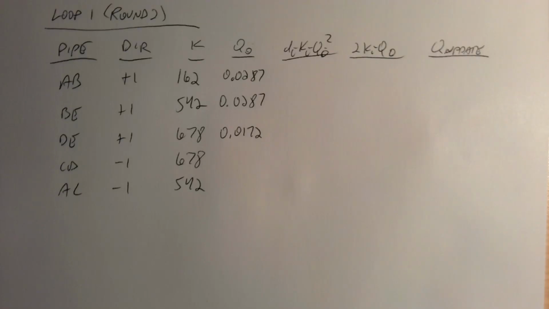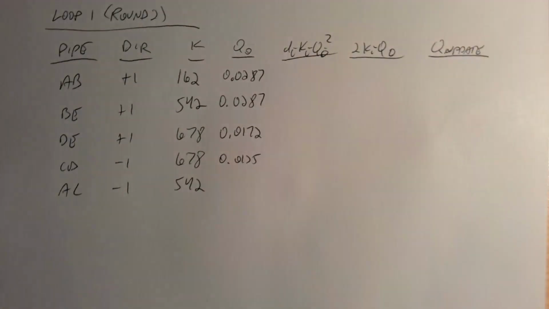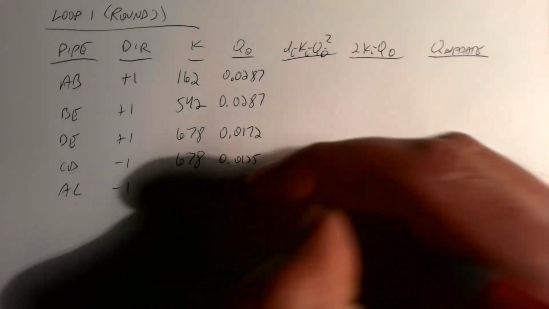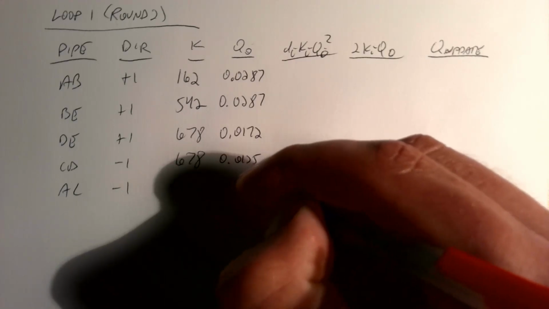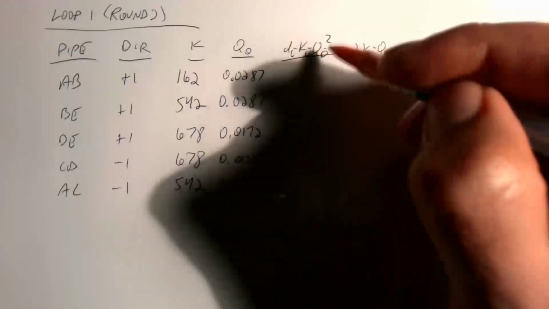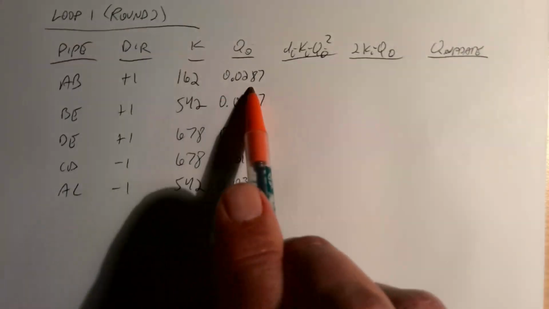And then CD is going to be, the last correction there was in loop 2, so that's 0.0125. And then AC is unchanged from the first time. It's not part of the other loops. 0.0313. And so now we need to go through and do the exact same calculations here. So this times that times this squared. So we get